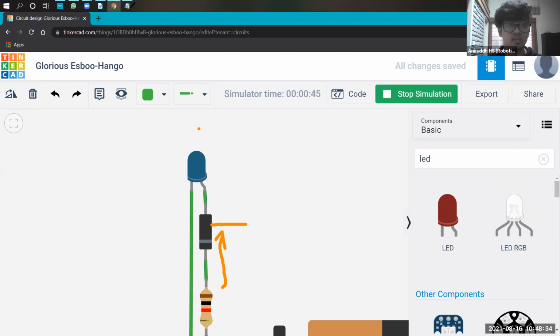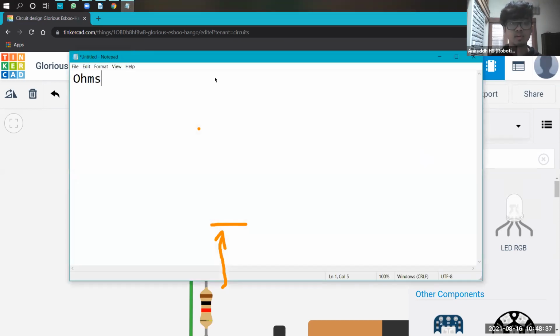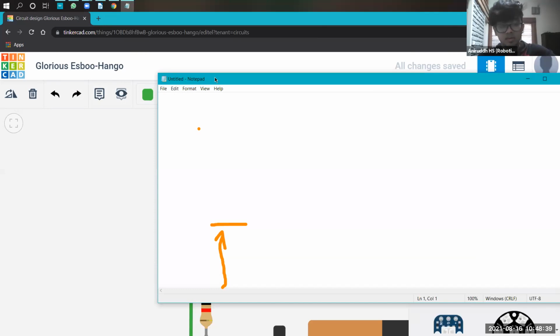So anyways, coming to this, all of you write down these notes, okay? So about the diode, write it down on a piece of paper or something like that. And after this, we'll come to your questions. And if people have made circuits, show them. Whatever circuits you made, show them right after these notes.